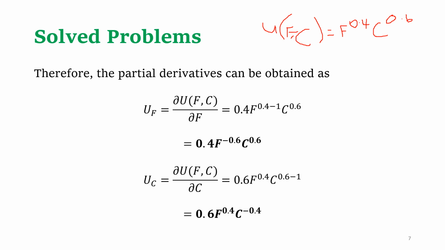Now, since I'm holding C constant, let me first of all write the C down. That's the first thing I have to do. Write that one down, C to the 0.6. I'm not going to do anything with that, right? Now, what I'm going to change here is this F to the 0.4. Now, the F to the 0.4 now becomes what? We have to multiply the F to the 0.4 by 0.4, the exponent, the general rule, right? So we say 0.4 F, and then raised to the what? 0.4